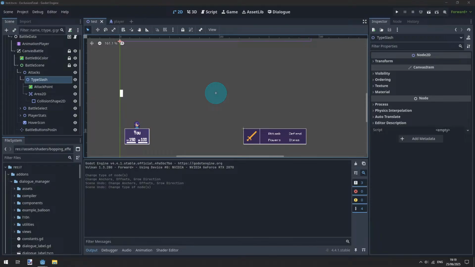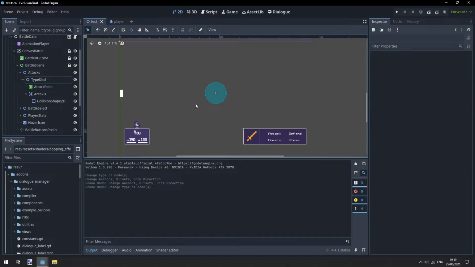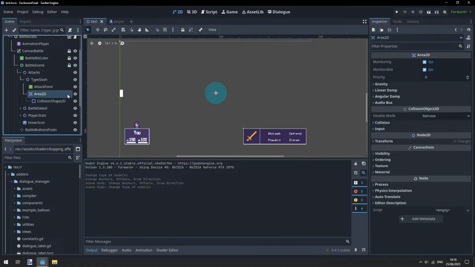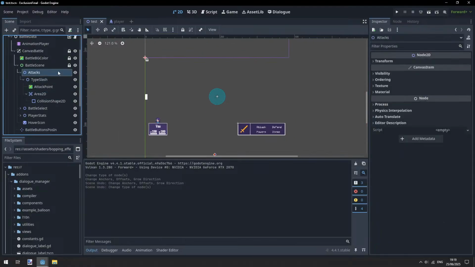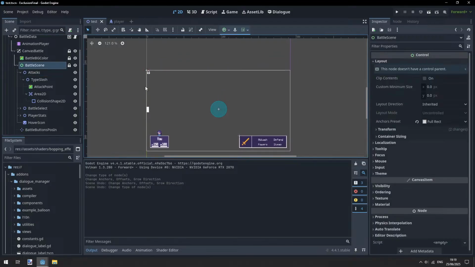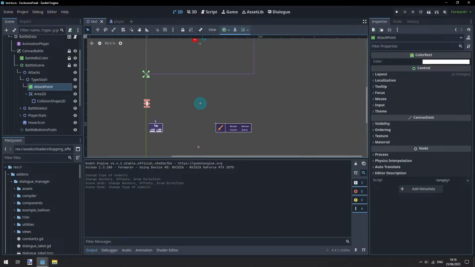I think that still works on the current version of Godot. Yeah, it should be alright. No, I guess not. I didn't do that. I guess at least with this,